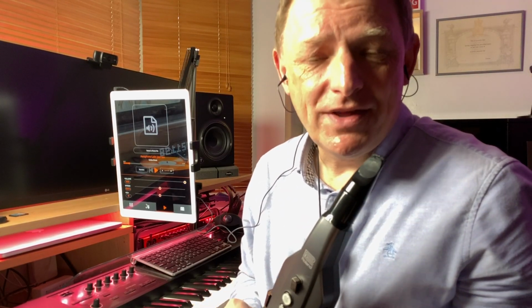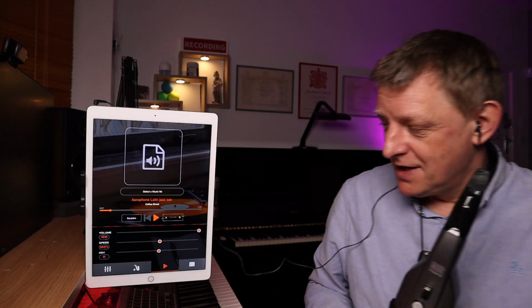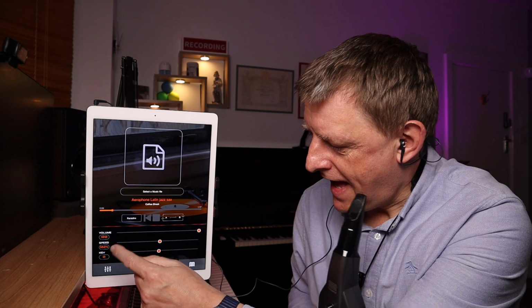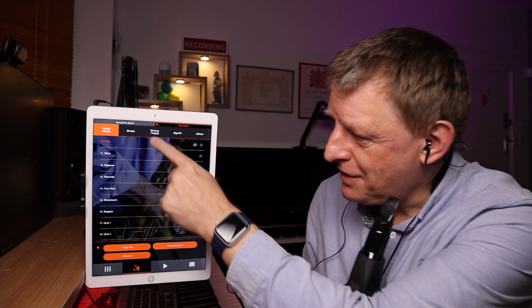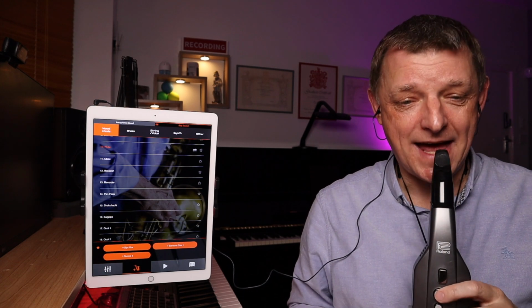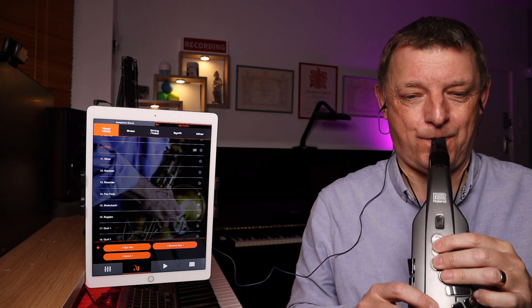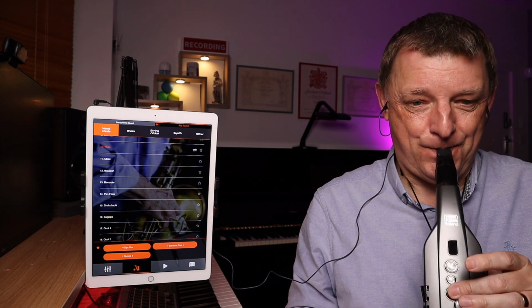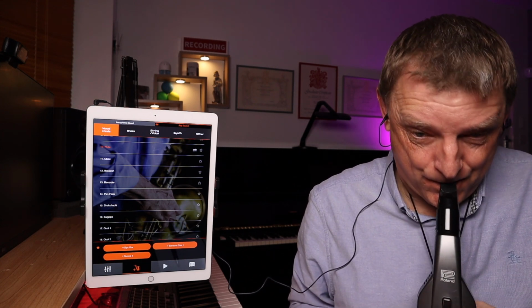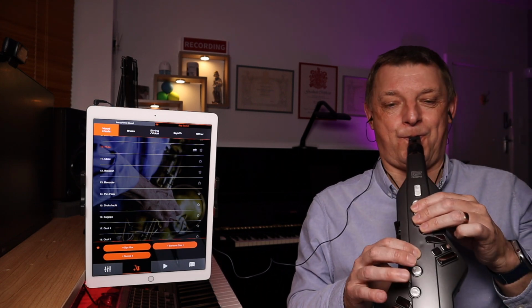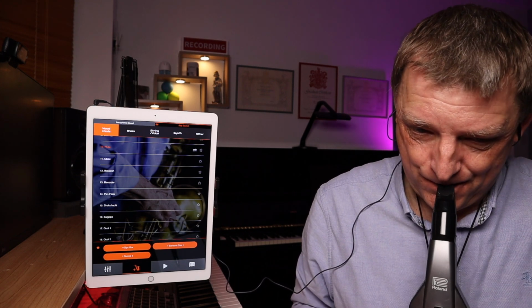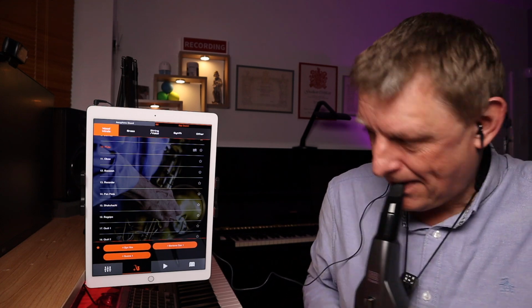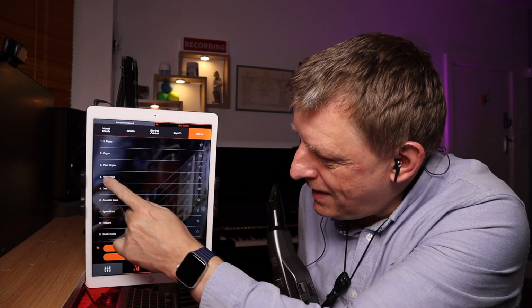The other thing that I can do with this is, while I'm playing along with a track, I can still actually change my sounds as the track's playing. The track is just going to play along in the background. So here I've started off, and I go to my sound list. Now I'm selecting my flute sound. If I want to go back to my harmonica,